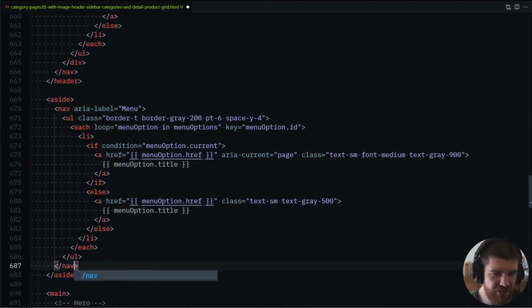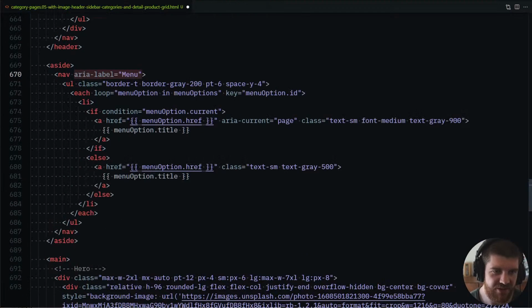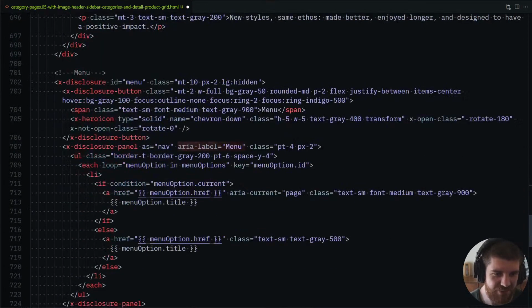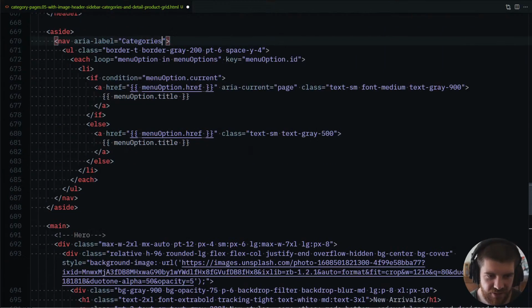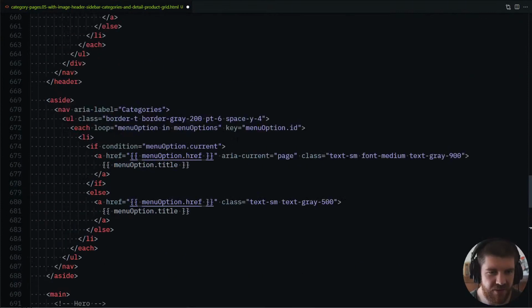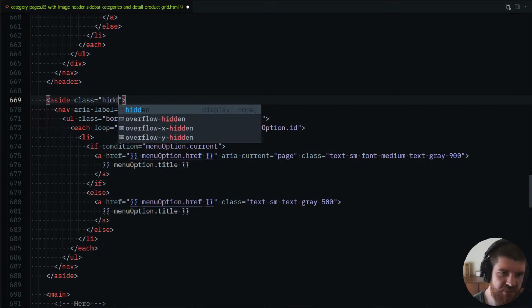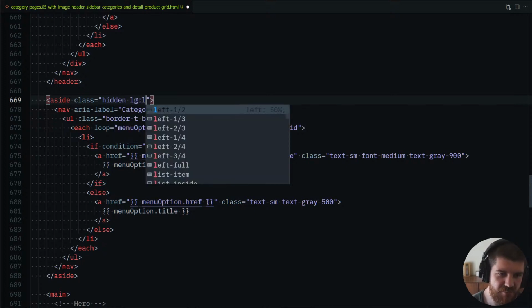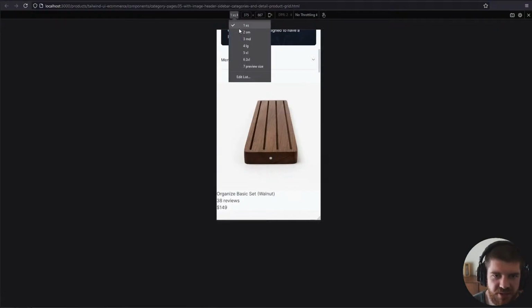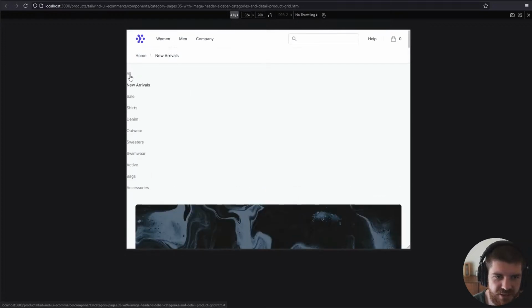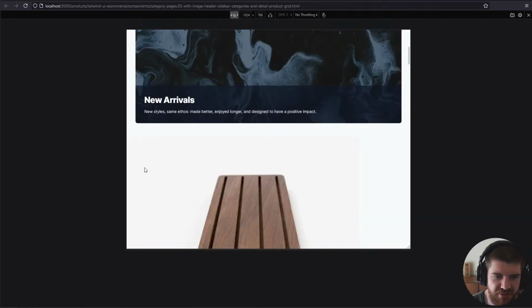Let's make sure our tags match real quick. Already labeled menu. Oops, I minimized everything. I might rename this in both places to be, maybe categories is a better name for this navigation. So let's just say categories. And with multi-cursor, yep, have it edited in both places. So this aside is going to be hidden by default, and then LG, let's just make it block. I think that'll be fine, yeah, because we don't need flex or anything on the parent. So if we look at our breakpoints here, cool, we get all of our items rendering out, and then the menu is